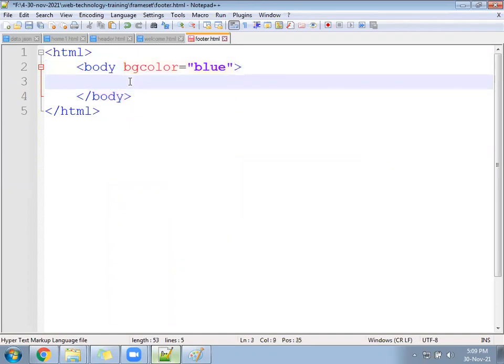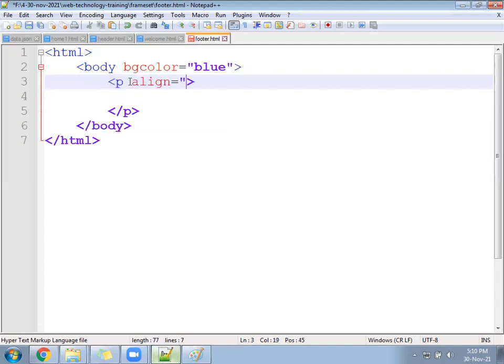So the background will convert into blue color. Write a paragraph, and this paragraph should come in the center. Align equal to center.